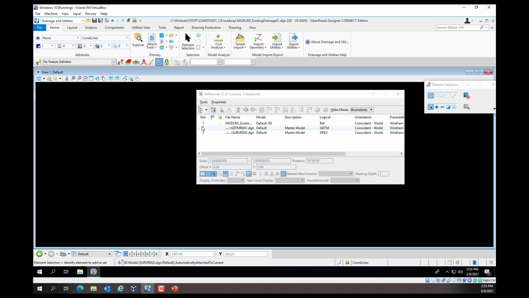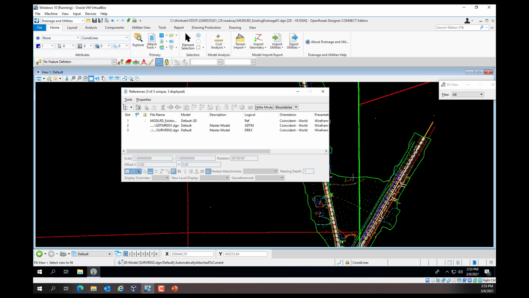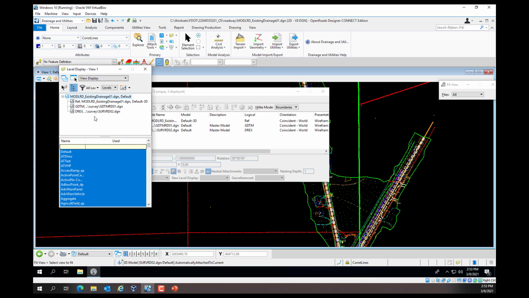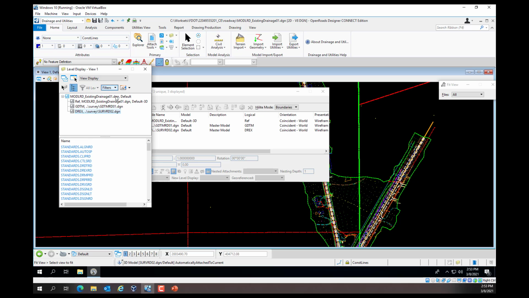Once those two are attached, we'll fit view. You'll notice that we have an existing ground and our survey attached. From the level display, we'll click on the second attachment, the SERV-RD file, with the logical name of DREX. We'll go to Levels, and then switch the levels to filters.